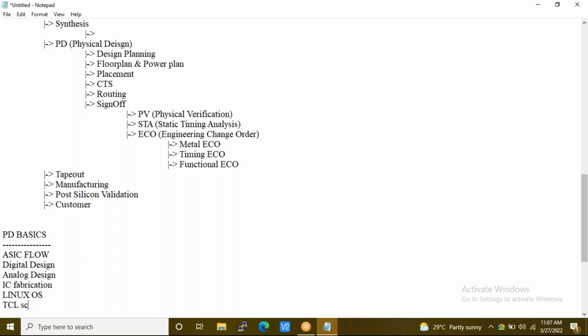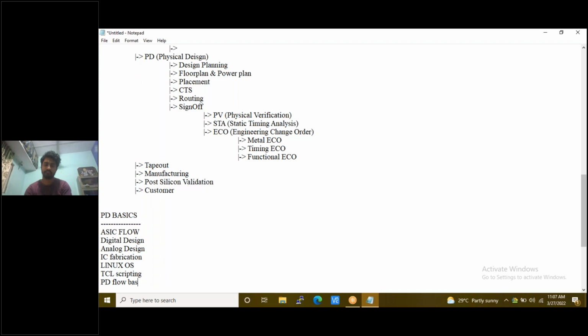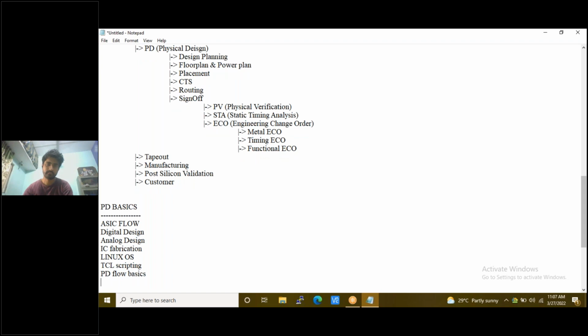Then we will be covering PD flow basics. See, the trainer, during the last 1.5 hours, was using multiple keywords. He was using terms like clock domain crossing, input files, and floor plan. So we will be making you familiar with those keywords. We will make sure that you get familiar with them, because when you join the main 4 months training, you should understand what is meant by a macro, a standard cell, and die area. Most of you probably won't understand those keywords. This is the next topic.